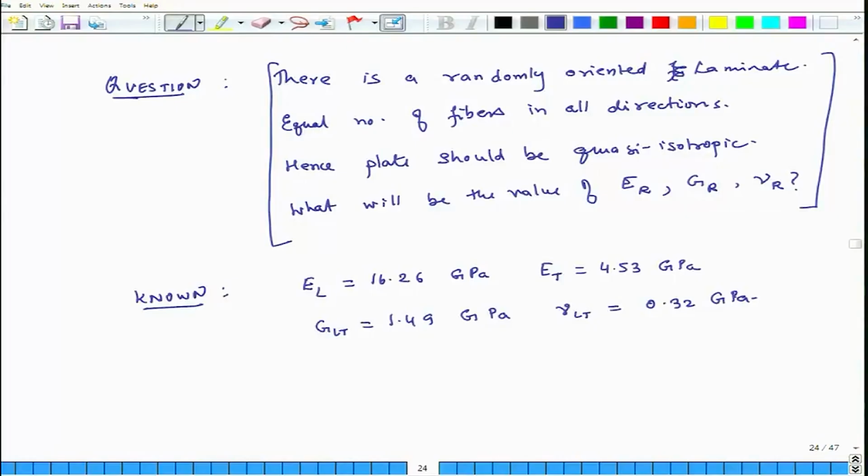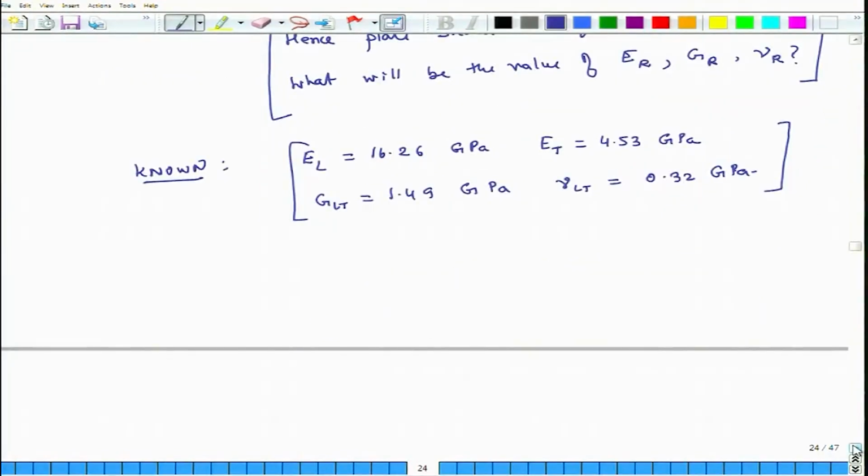So, the question is that can we now from these data, so there is a unidirectional laminate made from the same fibers and these are the properties. From this information can we find the Young's modulus, shear modulus and Poisson ratio for this plate which has randomly oriented fibers? That is what we are interested in knowing. So, how do we do this? So, our approach